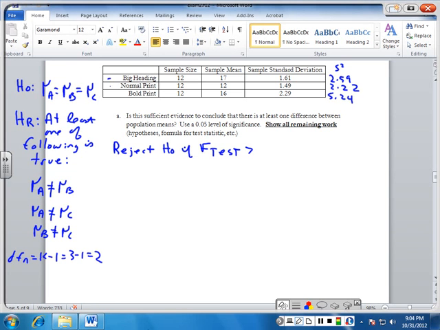There's 1, 2, 3 groups, that's k. The degrees of freedom for the denominator is total sample size minus k, which is 36. There's 12 in each group, that's a total of 36. It also says 36 in the problem. Minus 3 is 33. And then if you look at the F table,